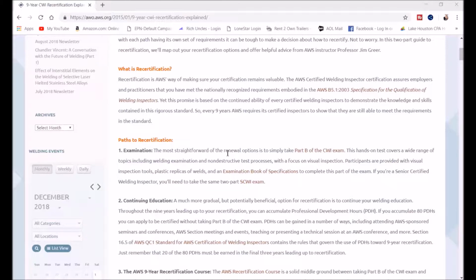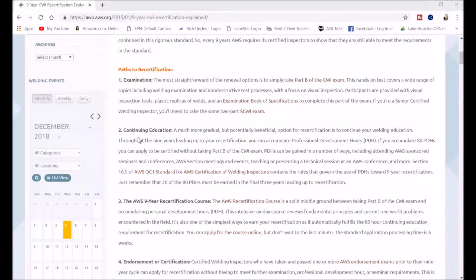Now they're only offering 40 questions instead of 46 questions. So if you miss a few questions, you're going to end up failing that test, and now you're going to have to recertify, and you won't be a CWI anymore. The other path is continuing education, and you can take this at a college, or AWS also offers it online. You have to get your 80 hours of PDH, professional development hours,